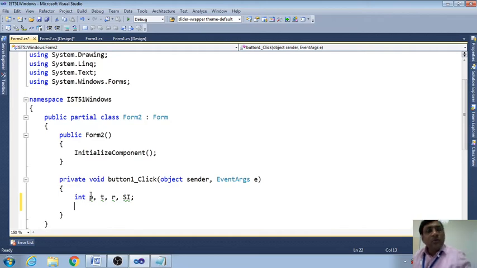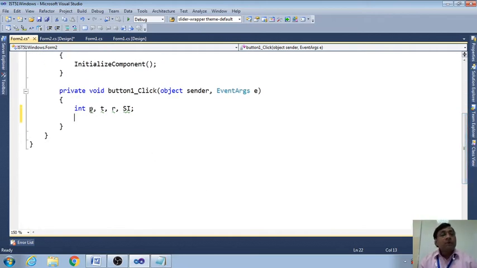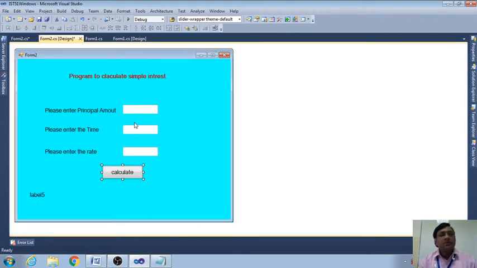After this, I will take the data from the text box. So be careful. From where we will take the P, check the name of the text box. What is the value of T, from which text box it is coming, we have to check. Otherwise, if instead of the P, the T value comes, the result will change. And R. I know this is the 1, and this is the 2, and this is 3, I know. If you are confused, you check it.